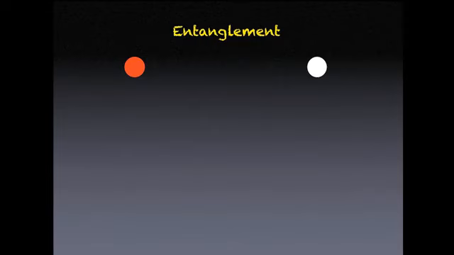The next example is the example of entanglement. And we start very simple. We take, let's say, a red particle and a white particle. Very classical colors. Then the next step is that we bring them together. And we make them interact a little bit. So we bring them very close together so they feel each other. And by virtue of this interaction, they become entangled.